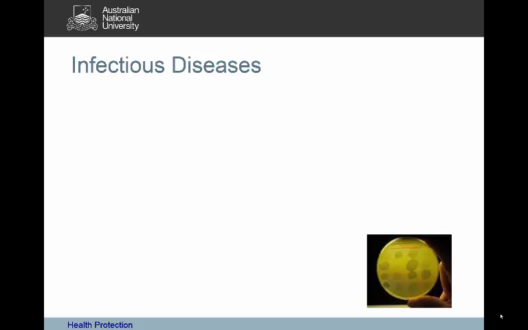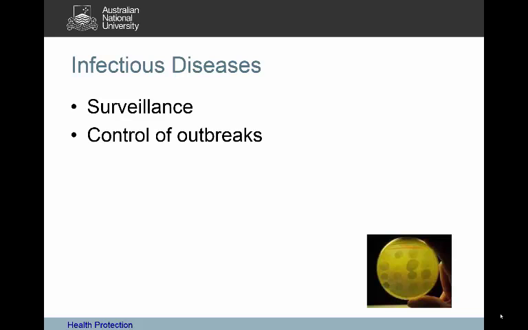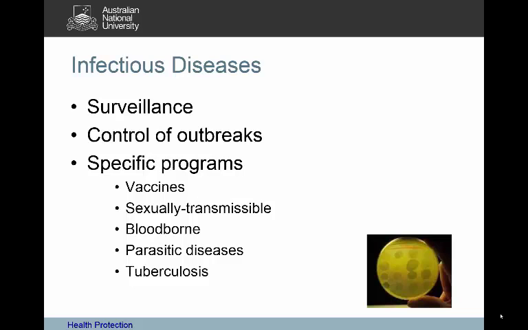Most public health legislation in states and territories also specifies how infectious diseases will be kept under surveillance, and also how outbreaks will be controlled. So all state and territory health departments in the country have specific programs to deal with purchase and distribution of vaccines, managing sexually transmissible infections and contacting people through contact tracing, bloodborne infections, parasitic diseases, tuberculosis, and each of these